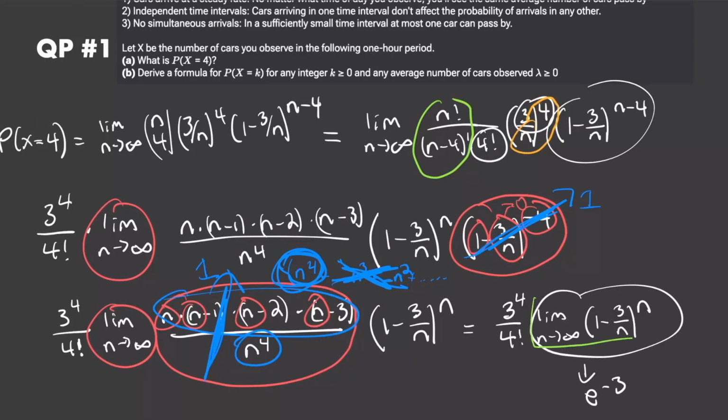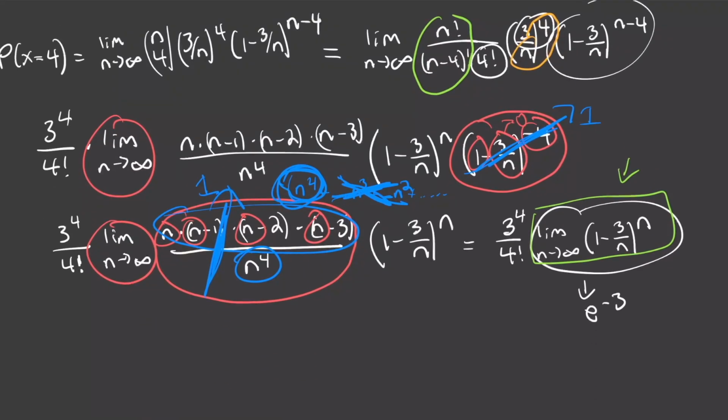And maybe in the future I'll make a video proving this, but this is one of the most well-known limits. So now essentially we've solved this problem, right? The probability that x is equal to 4 is just going to be 3 to the power of 4 divided by 4 factorial times e to the power of -3. Now finally, when I plug this into a calculator, I get something along the lines of 0.168, so roughly a